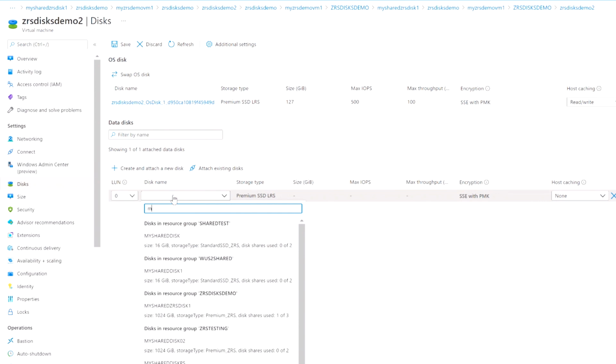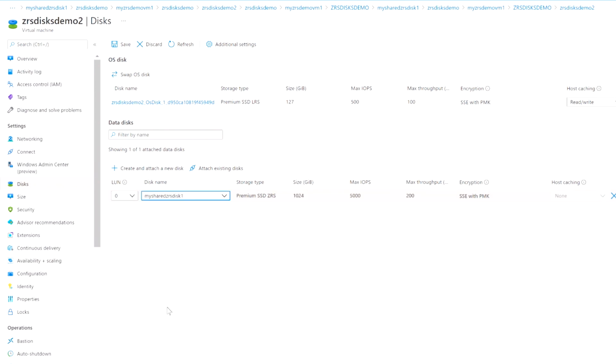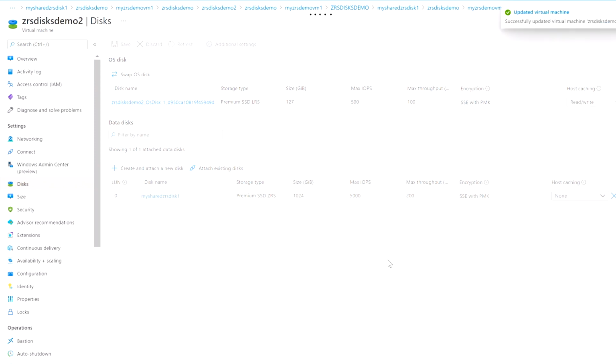And then we'll find our disk, the shared ZRS disk, and then attach it to the second VM. And in a few seconds, you will see that this disk is now shared with 2 different VMs in 2 different zones. And now you're ready to configure failover applications such as Windows Server failover cluster.